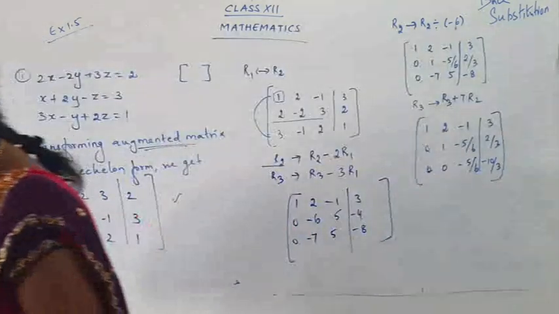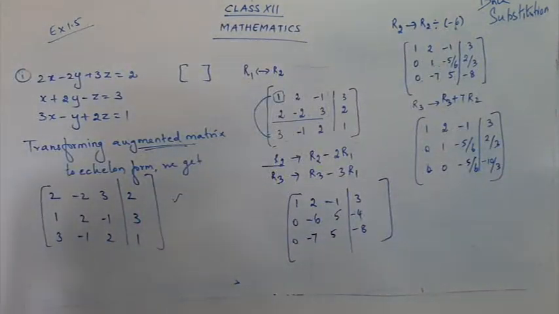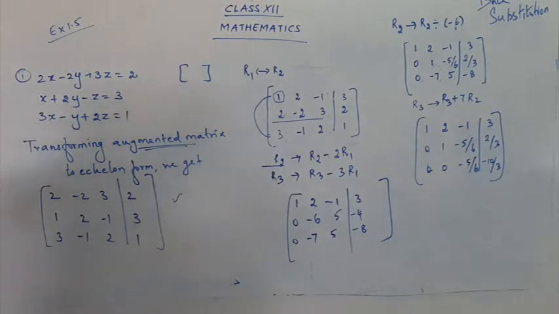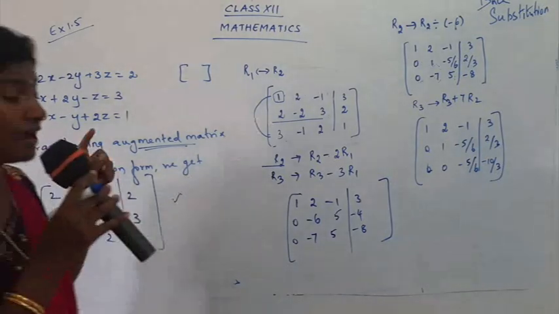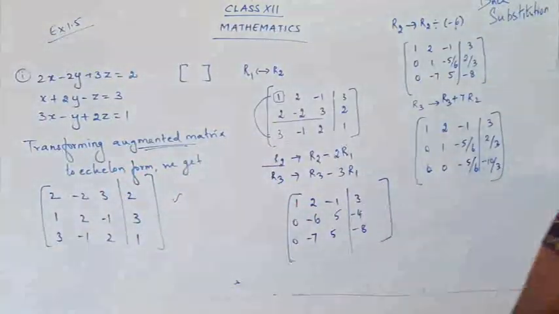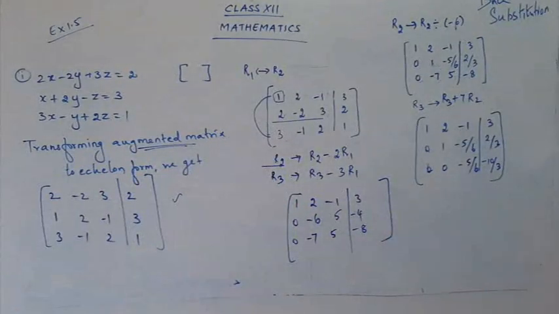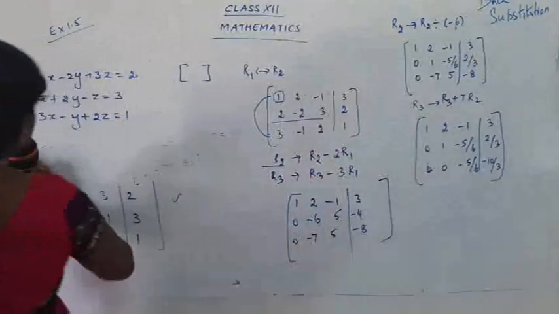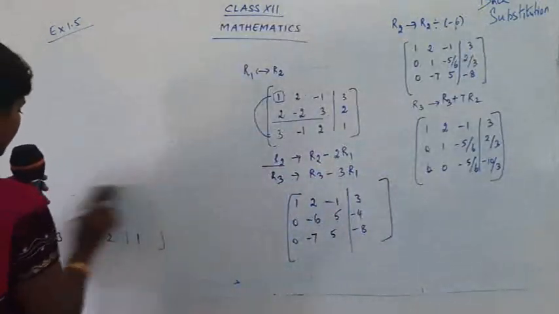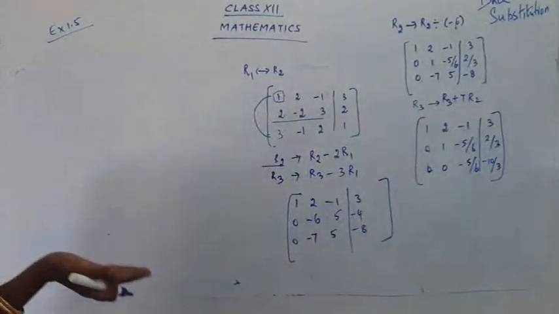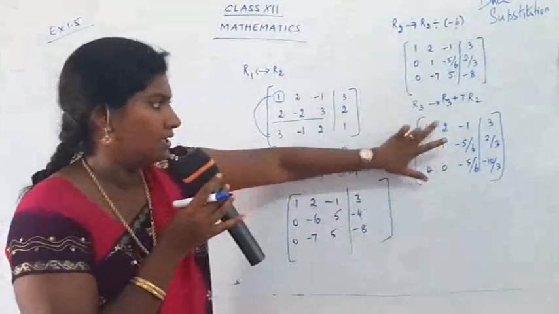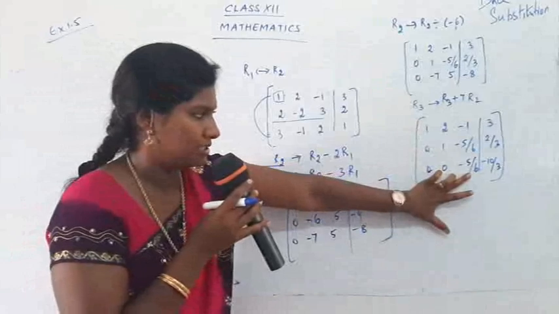That is the method that we are going to use for finding the unknown values, known as the back substitution method. So what I am going to do is go from the last. I hope you have taken the first part. Yes, children? Okay. See here the steps. Follow from the last. Now you know what variables are used here. Yes, this is for x, this is for y, and this part is for z.